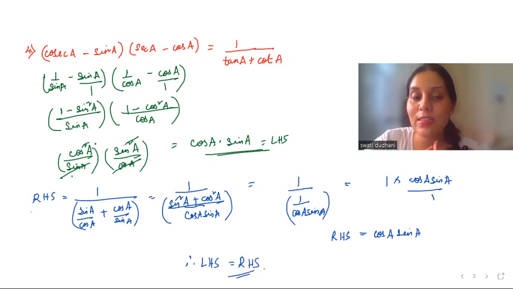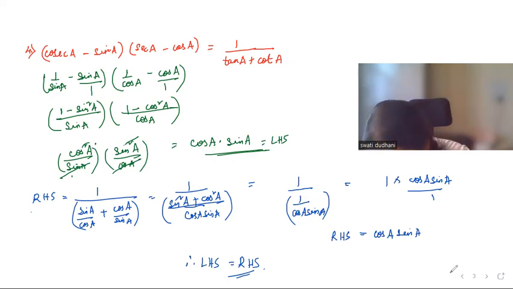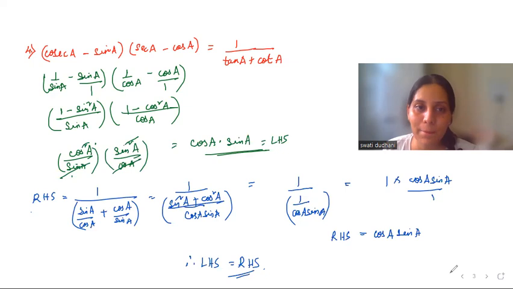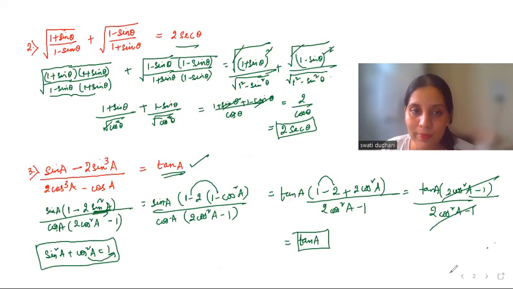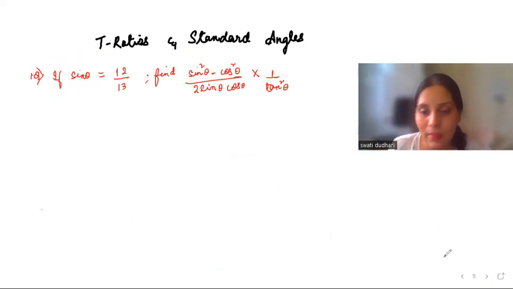So you always need to keep an eye on RHS and see what you have there, and then accordingly we proceed. Towards the end of this video, I'll also share some insights on what important 3 to 4 points you need to remember while we do identity questions. Now coming to the last question. Okay, last question.